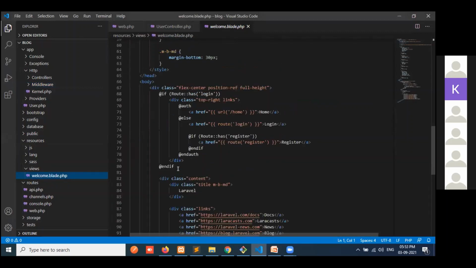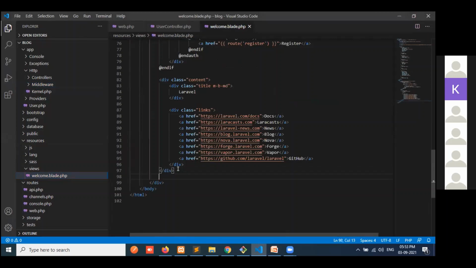If you provide any form type, you can give the CSRF token here. So it will create on this page one random number, like that, the CSRF token, and this number will be generated.